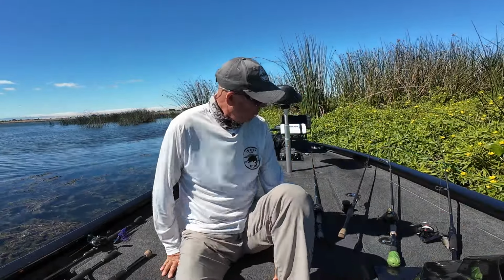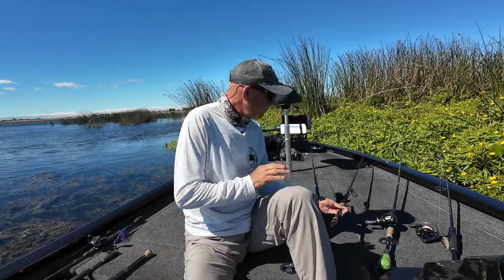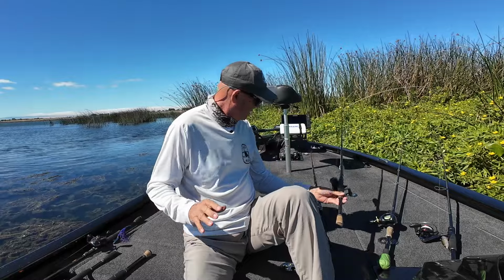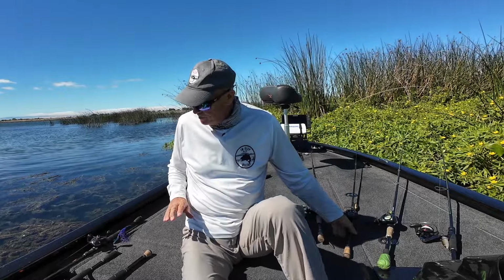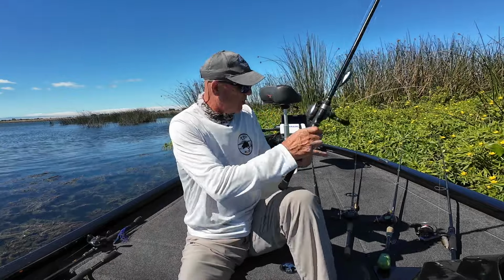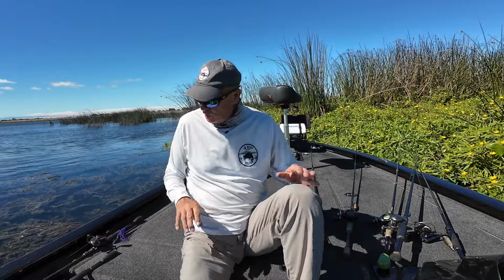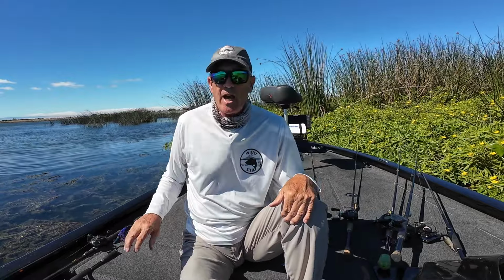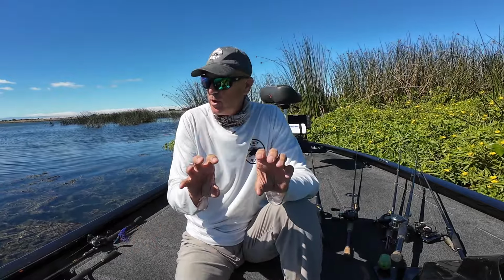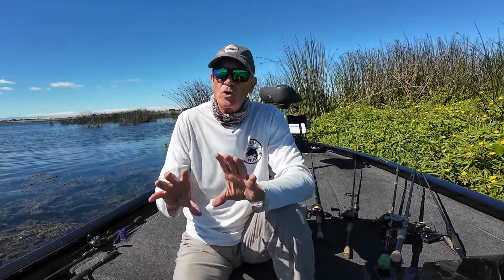So I'm going to drop the frog rod. We're going to put that frog rod underneath. I'm going to be throwing a whopper plopper if we get inside. I'm going to be throwing a worm. I'm going to take the crankbait out of the mix. We're going to have 4 rods: a whopper plopper, a worm, a jerk bait, and a chatterbait. And we're going to work those 4 baits from top to bottom, inside to out, and those will cover everything